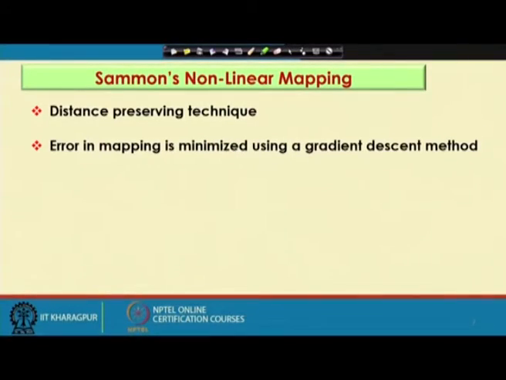Now, we try to find out the error in mapping while mapping the higher dimensional data to the lower dimension. That means, supposing that I have got a large number of data points in higher dimension, say 1000 data points, I will have to find out 1000 corresponding data points either in 2D plane or in 3D space. While doing this mapping, I will have to do it in such a way that the error in mapping becomes the minimum. This is a minimization problem, and to solve this we use a gradient based method in Sammon's nonlinear mapping.